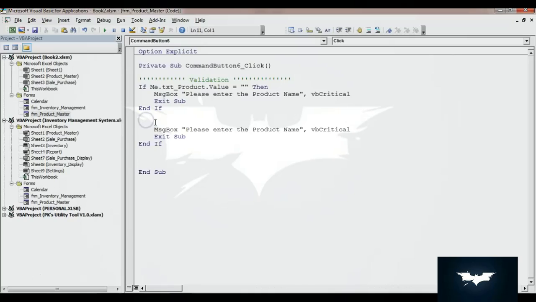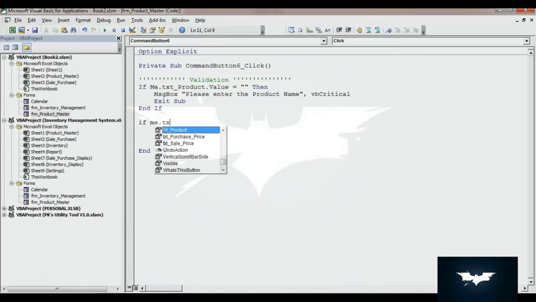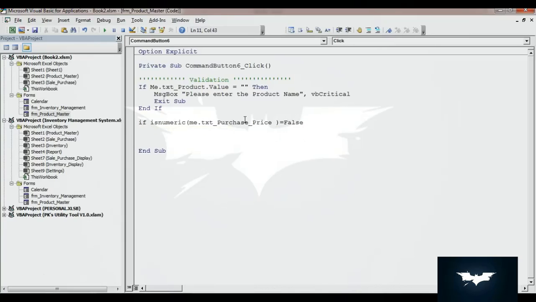Then here we will put If IsNumeric(me.txtPurchasePrice) equal to False. If this is not numeric, we will put a message.